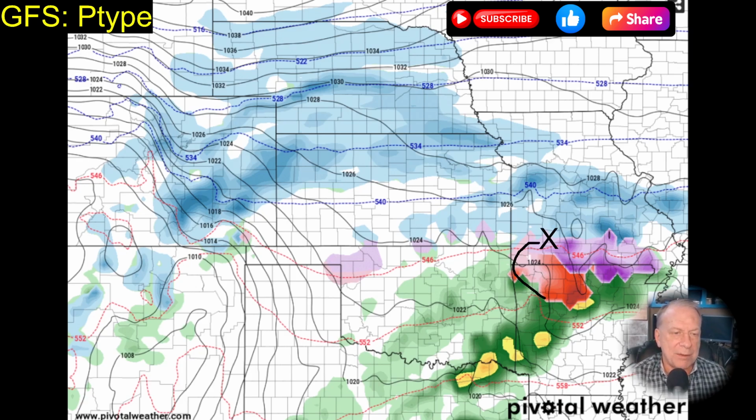This is freezing rain right here, which has a distinctive look to it of elevation and cooling as a result of that. It's a higher elevation cooling. And then snow north of that. All that could accumulate very easily. And then if we just take it a little bit further here, go out to...